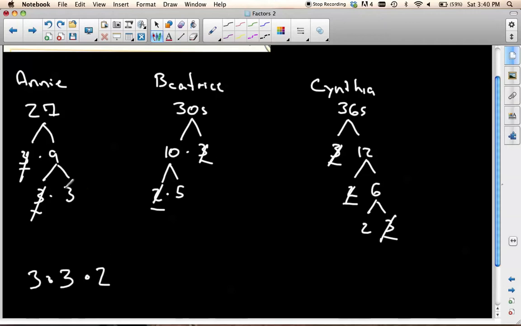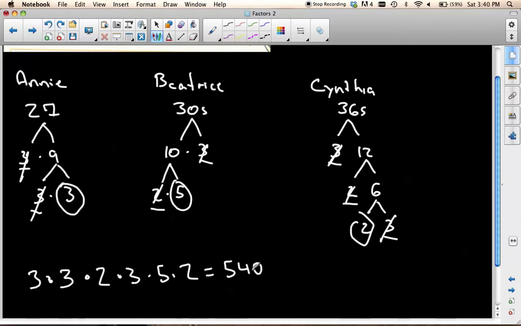Now what numbers do we have left? Well, we have 3, 5, and 2. Those are not common multiples, those are just our regular prime factors, so we add these down at the end. We bring down the 3, the 5, and the 2. So we have 3 times 3 times 2 times 3 times 5 times 2, which gives us